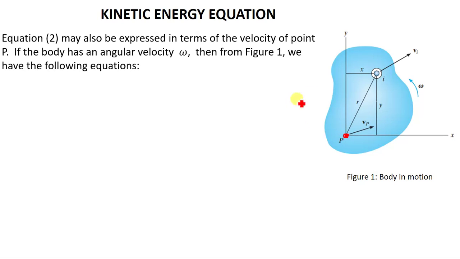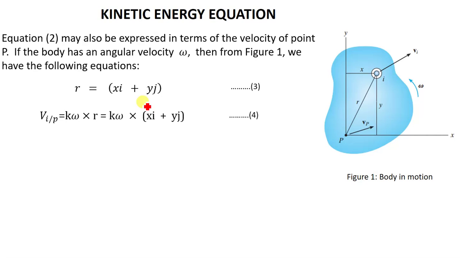First of all, you find the position vector r. The position vector r is given by the distance in the x, which is x, and since it's a vector we have our i there, then the distance in the y is y, and since it's in the y direction we put our j there. After finding the position vector r, you now have to find the velocity